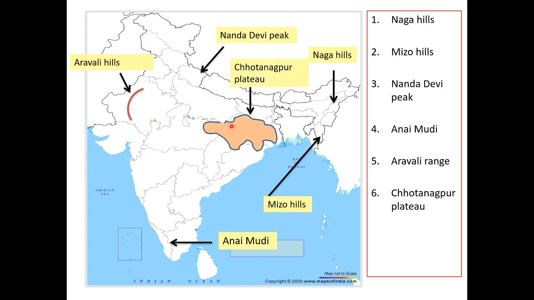And this is the Chota Nagpur Plateau. This is part of the Central Highland. You have seen in chapter 2 there are two parts of this Central Highland. One is the Chota Nagpur Plateau, which comprises parts of Madhya Pradesh, Bihar, Chhattisgarh, some part of Odisha and West Bengal. And on the other side you see the Malwa Plateau. Malwa Plateau comprises parts of Madhya Pradesh, Maharashtra, and some part of Gujarat. So these two plateaus make the Central Highland.